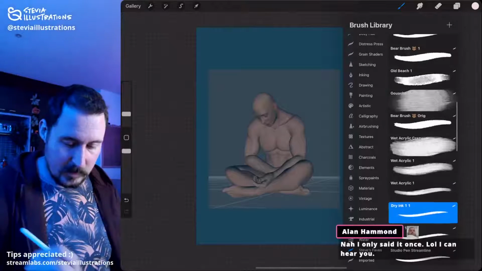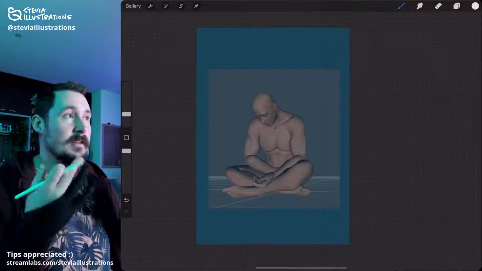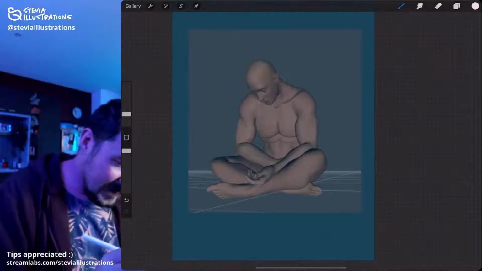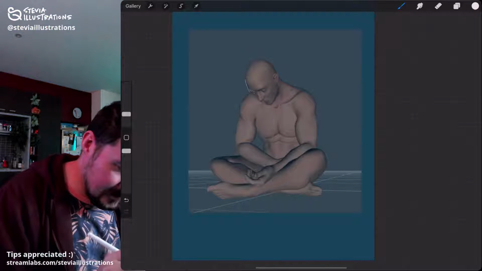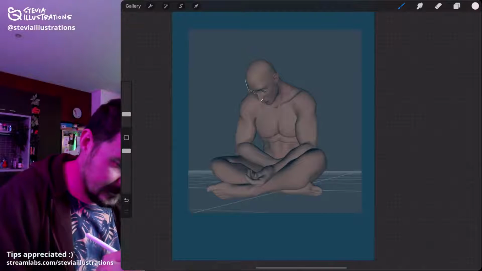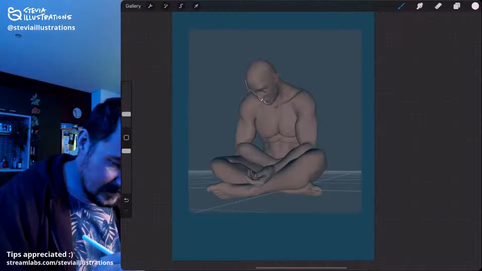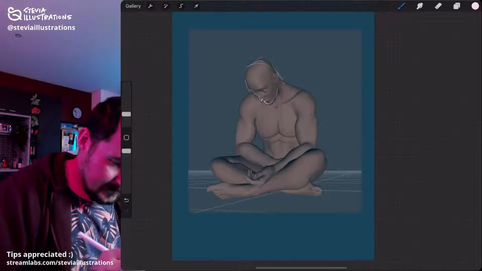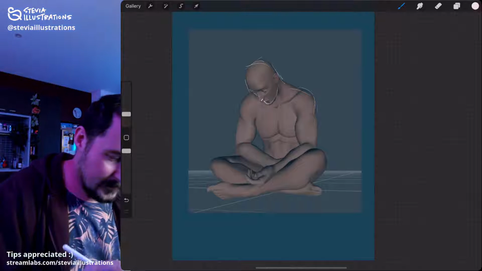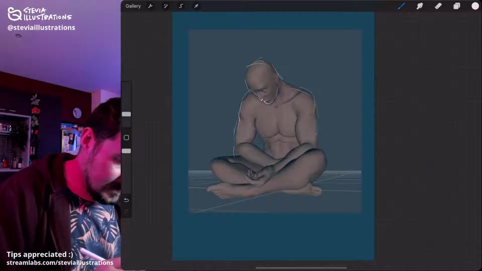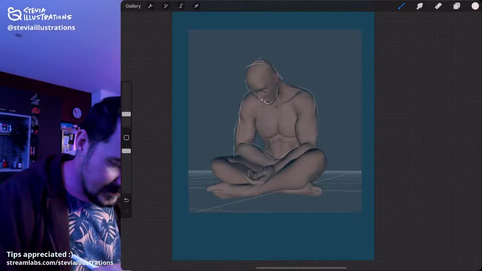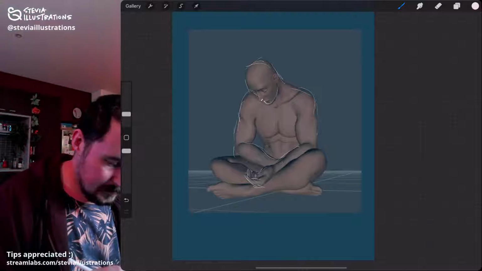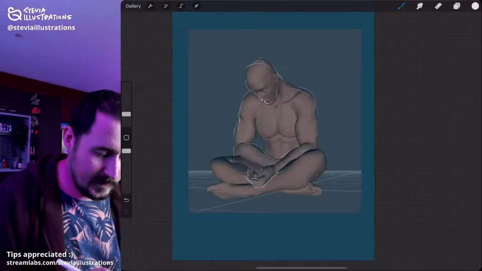I don't want it to be too much like you can see the person too much. I just want it to be there. So I'm just gonna sketch in some of the shapes, but I'm not even going to use these as a guide. Maybe some of them I will, but I want it to be like,